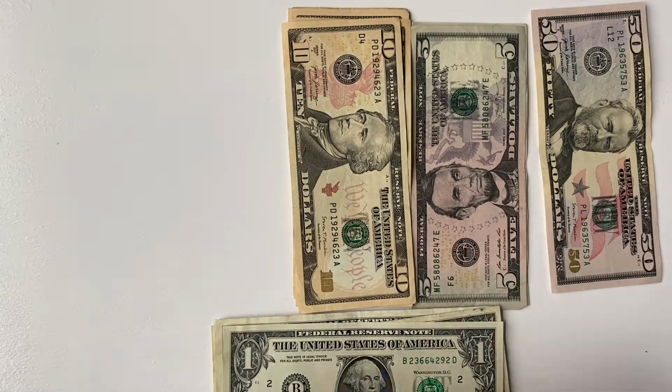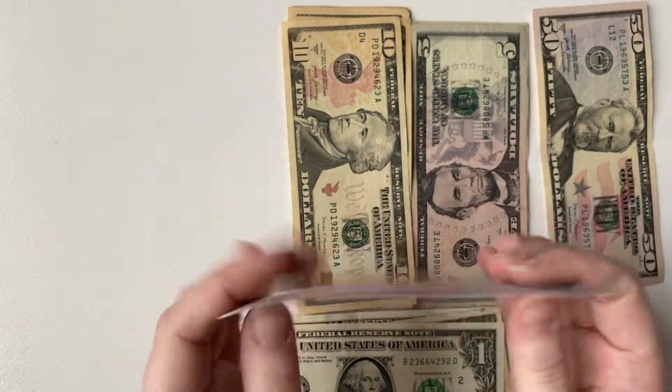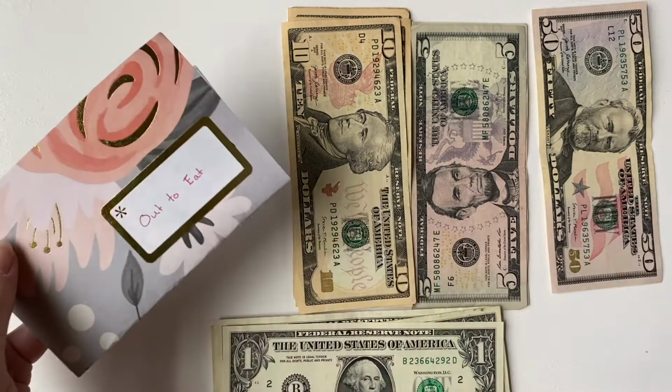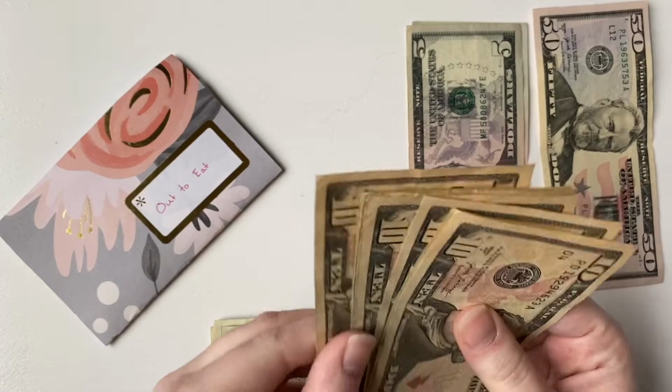This makes way more sense. We have no cash left in this envelope. We did stick with the budget this pay period, which I'm really proud of us for, and we're gonna go ahead and give ourselves another $150. So we've got,